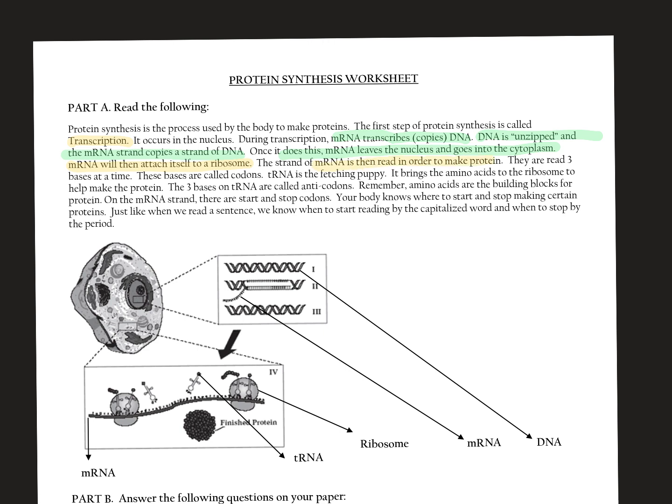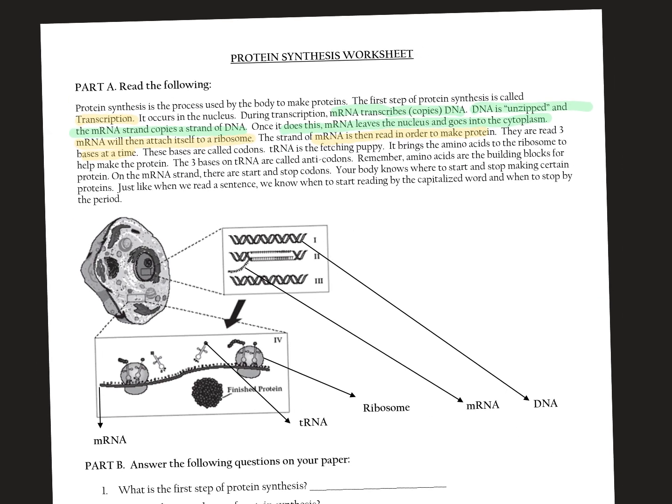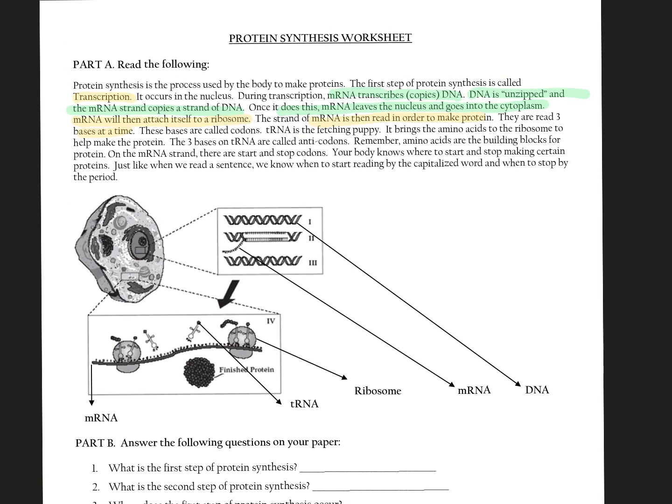The mRNA strand is read, and copies are made. There's three bases at a time that we know as codons, right? So this is an important point here, that these things are called codons, and tRNA is the stuff that fetches the amino acids, or brings the amino acids over, okay? It brings amino acids to the ribosome. On one mRNA strand, there are